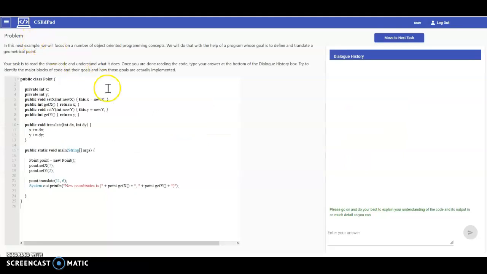In this example, we will focus on object-oriented programming concept. We will do that with the help of a program whose goal is to define and translate a geometrical point. On the left-hand side, as we can see, we have the code example. Once the student is done reading the code, the student is asked to self-explain the code on the dialog box